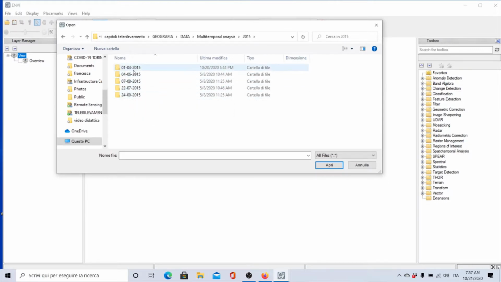That means that in all these subfolders, we have a scene acquired by Landsat 8. The first one was acquired on the 1st of April, all in 2015. The second one, the 4th of June. The third one, the 22nd of July. The fourth one, the 7th of August. And the last one, the 24th of September. All right. So let's start with the first subfolder, the 1st of April in 2015,